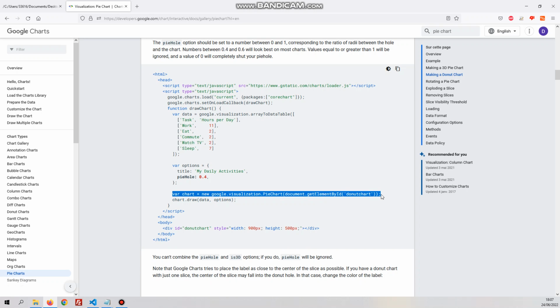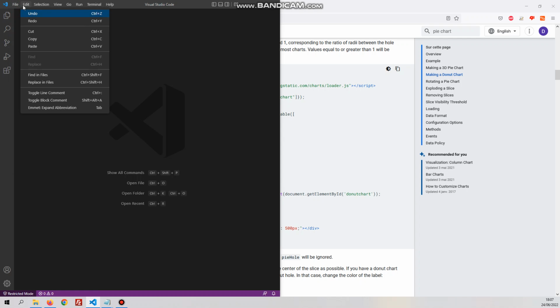Then it allows us to set the element in which we want to draw the chart, and then we draw the chart by calling the data variable and the options variable. So we'll just copy that to our project,